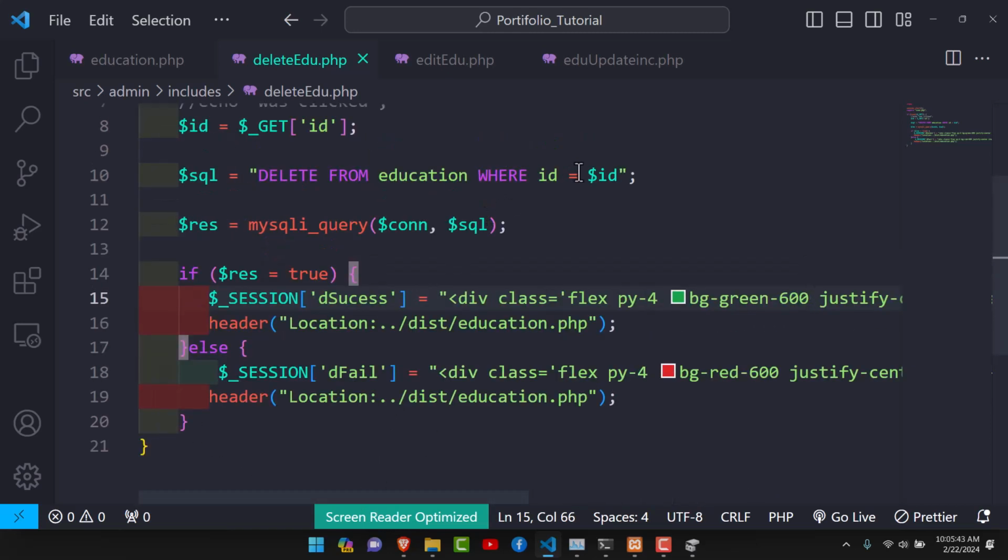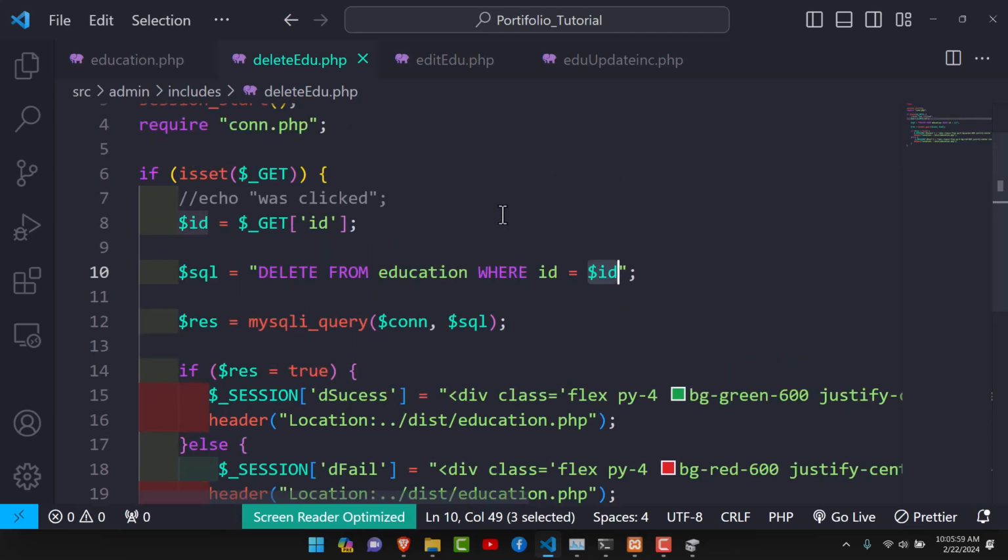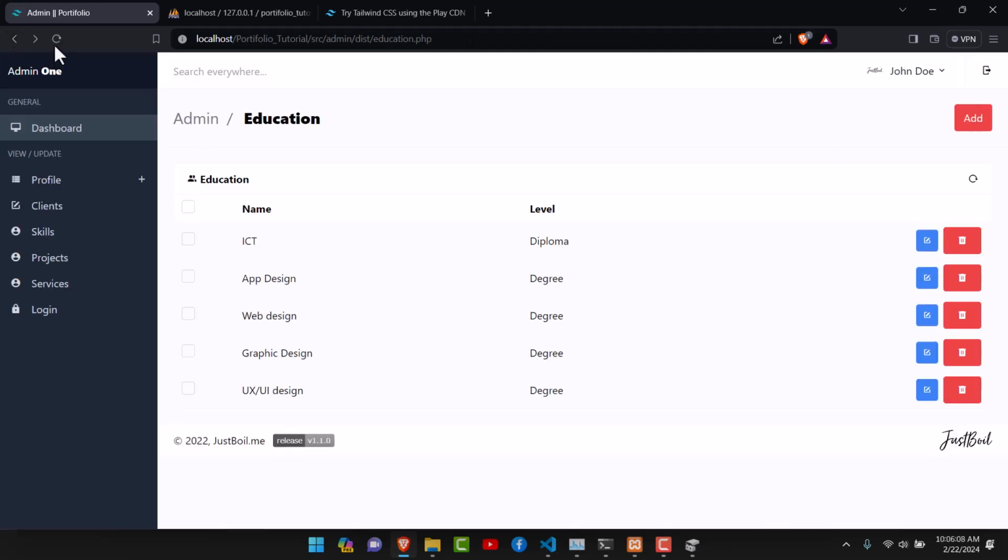Just ensure that you're having this ID, because if you don't have this ID, therefore it means you're going to find yourself deleting everything. So ensure that you're saying that it is where the ID is equal to ID, so that you only delete the selected record. So after that, we can get to the browser, try to get to the education page, that should be refreshed, and then we try to delete the last record here. So delete,